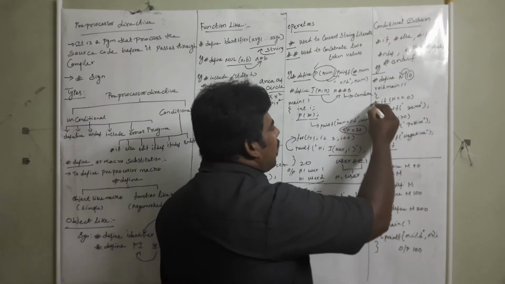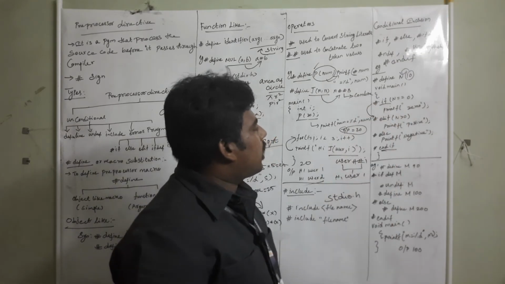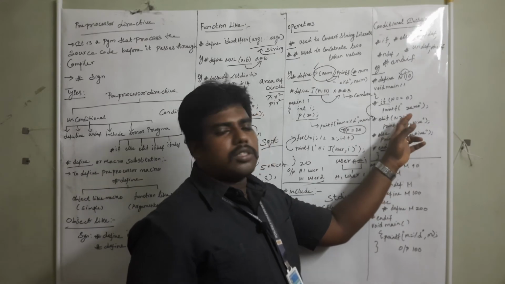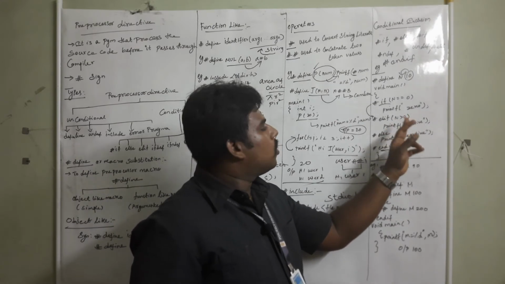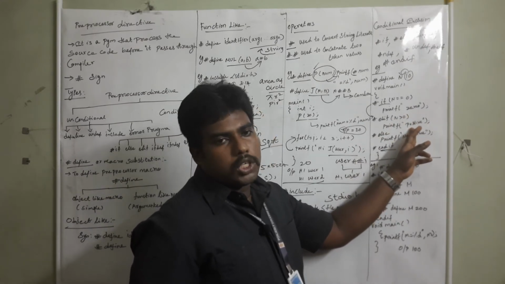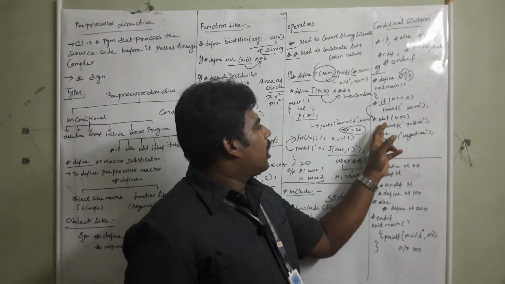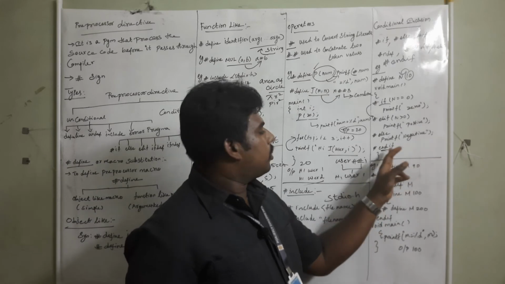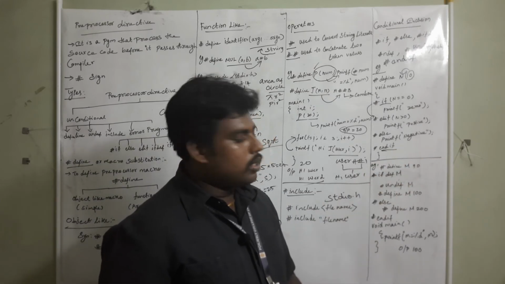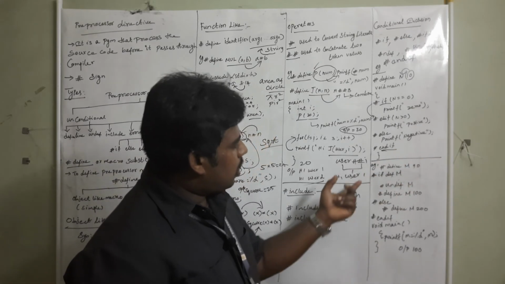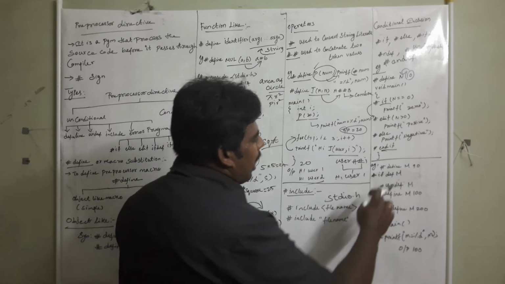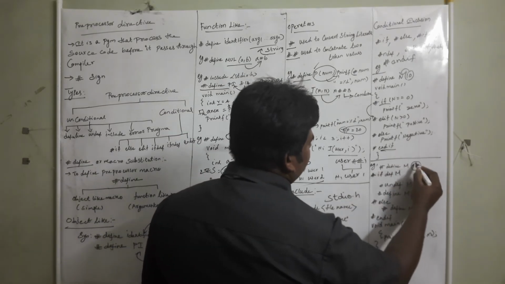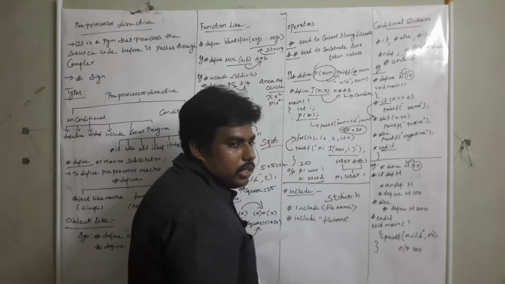Directly it will come to the elif. Here, whether 10 is greater than 0. Yes, 10 is greater than 0. So it will print positive. Else, if the 10 is not greater than 0, it will print negative. Then endif. Similarly, see here, one more example I will explain. Hash define m equal to 90. So the value of m is now 90.